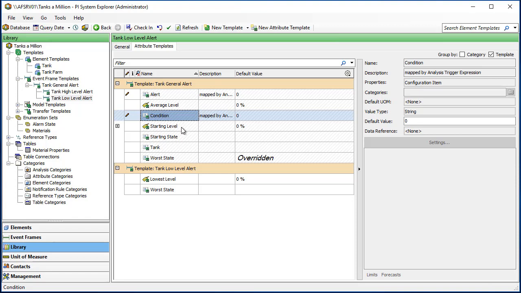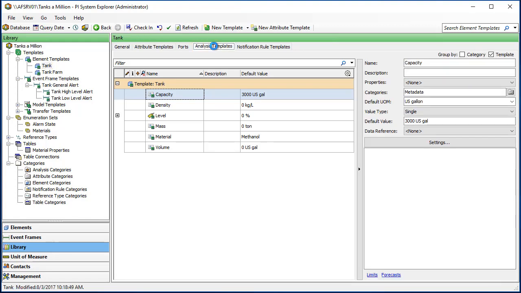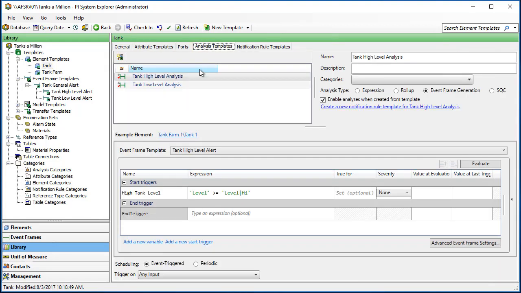We really don't have to walk you through every step of the way, so let's just see what I've set up so far. If we go to analysis templates, I've taken the liberty of already creating a couple, but I haven't checked them in yet. What I want to draw your attention to is, one, we always give a meaningful name, that it's for event frame generation. We select an example element, and then very importantly, we have to give it a template that is going to be used when we generate these event frames.